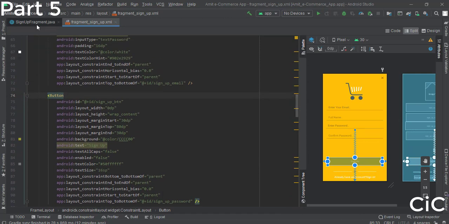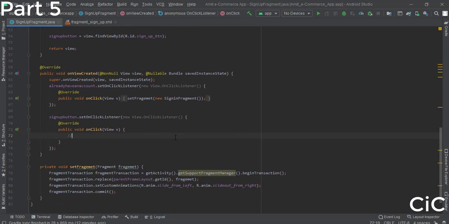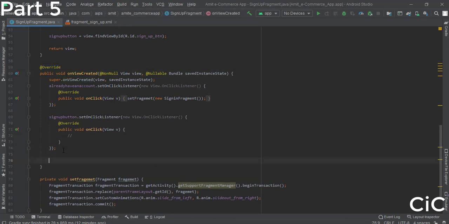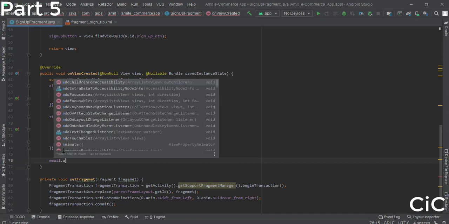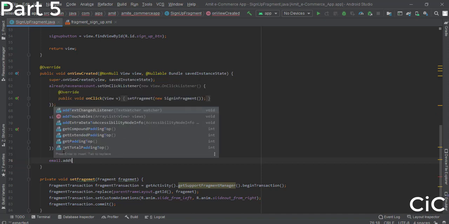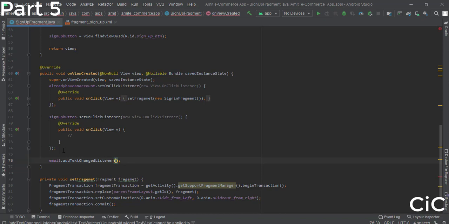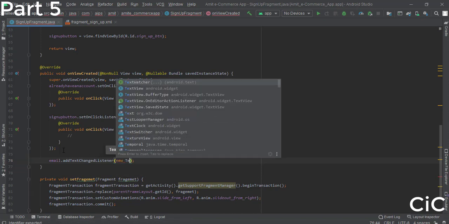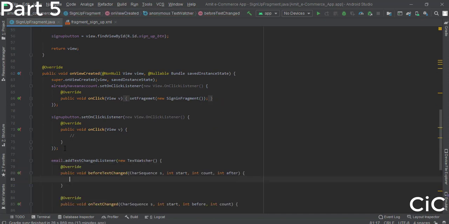Now coming back to signup fragment.java, here in the on view created method, declare the sign up email, or simply email here, dot add text changed listener. We are doing this to check whether the user has entered the correct pattern for the email or not.